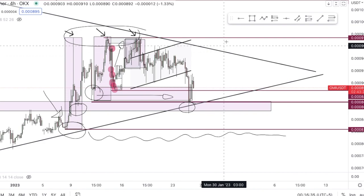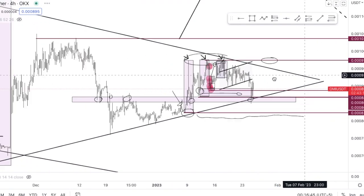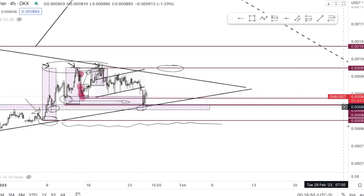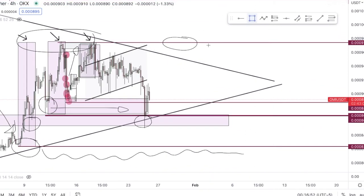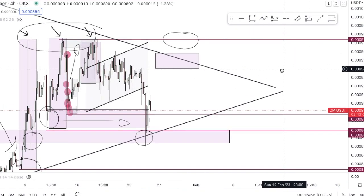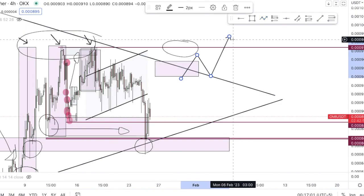And what it basically means, this top end range right here, roughly around 0.0009-ish, might not be tapped in anymore. Because why? We went to the higher time frame and we found out we're in this beautiful symmetrical triangle. That means for us as great traders or trying to be great traders, we want to take major profits exactly around this trend line. Until this trend line is broken and retested,